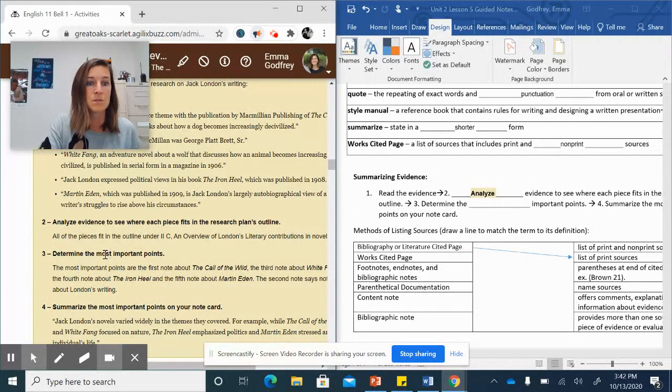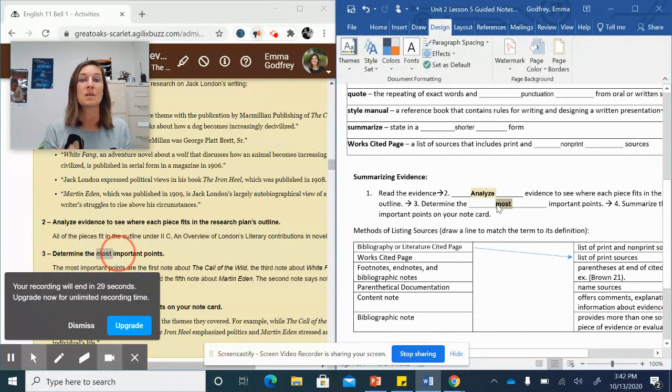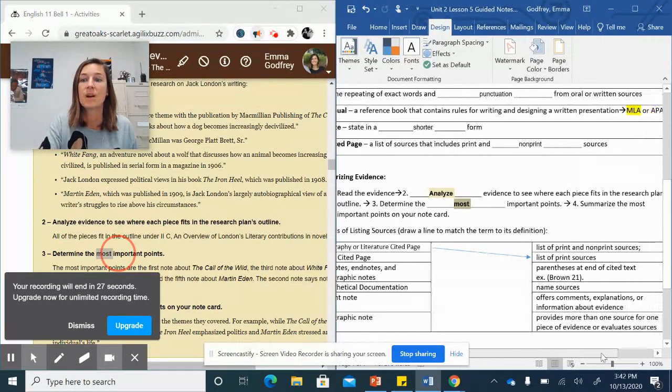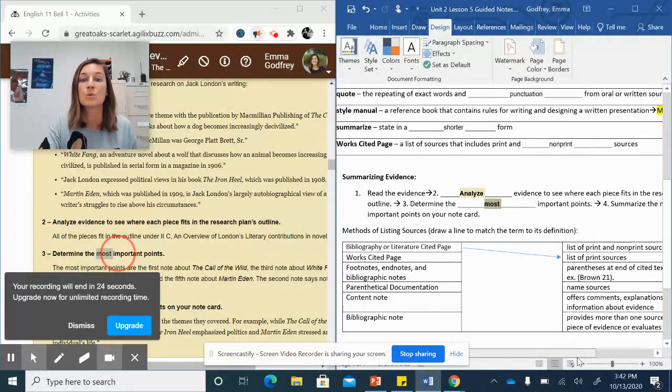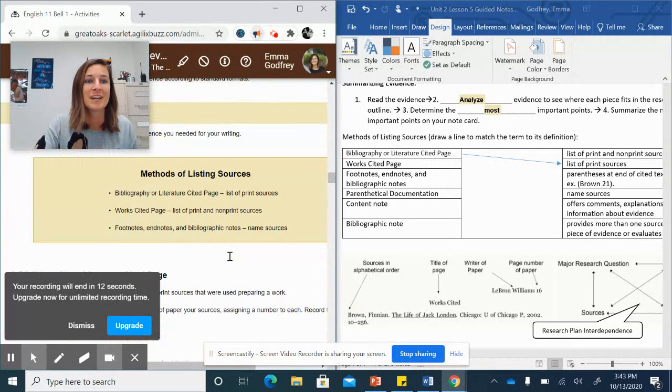So most. So maybe there are lots of examples about how family can impact our identity. Which ones are the most important? Our next chunk is summarize the most important points on a note card. The bottom part is where you are matching up the word with the definition. And you're going to find a lot of that because my time is running out here. So bibliography or literature cited page is a list of print sources. I already pulled the arrow there. The next one is a works cited page. So you're matching up